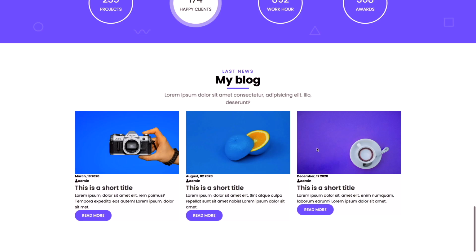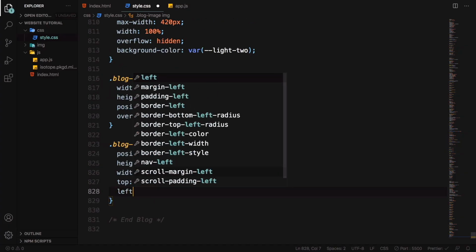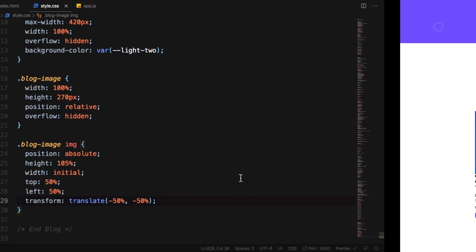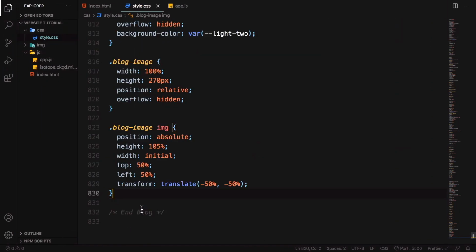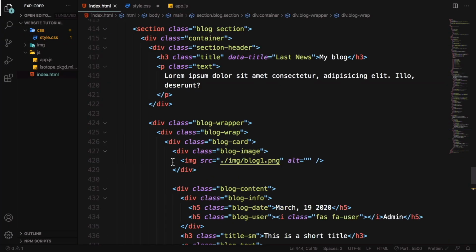Now we have to center each image here inside its container div. So all we have to do is move the images 50% from top and left, then move them backwards by translating them minus 50%. Save that, and that's it for the card's images. Let's keep going. So now we're gonna select the block content, which is the container of all the stuff below